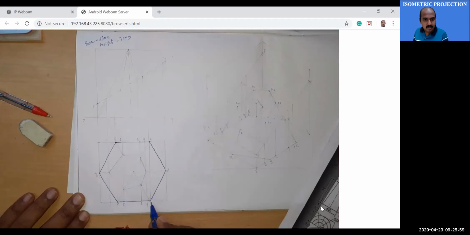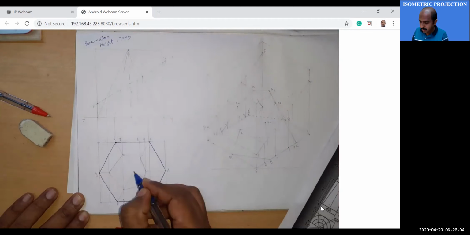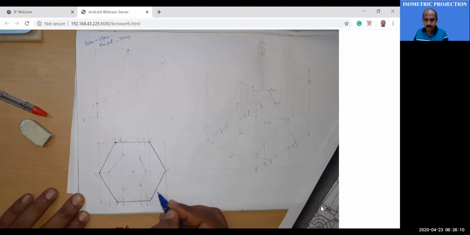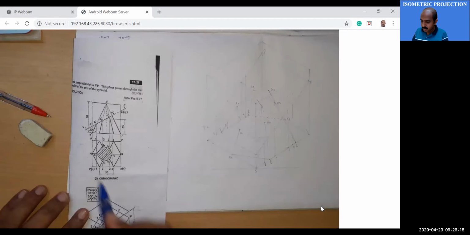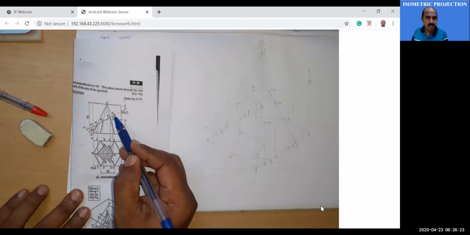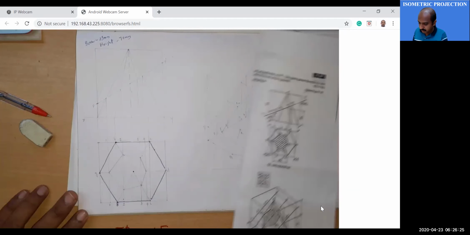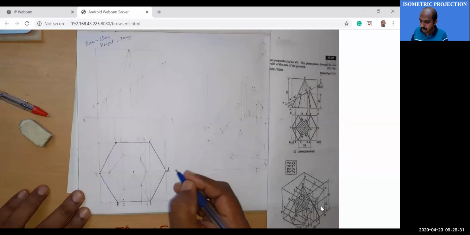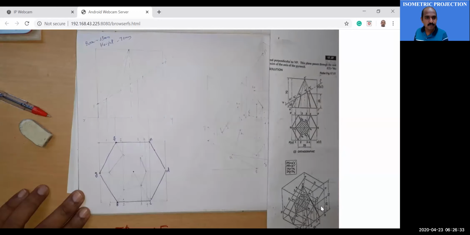Initially you draw the baseline, then from here 60°, you can locate the center, then you draw a circle. Within that circle, you complete all other sides. We can give naming from B. Why am I giving B? In this figure, the cutting points are denoted as A1 dash, A2 dash, A3 dash. So here we are giving small b, small c, small d, small e, small f, and small g.